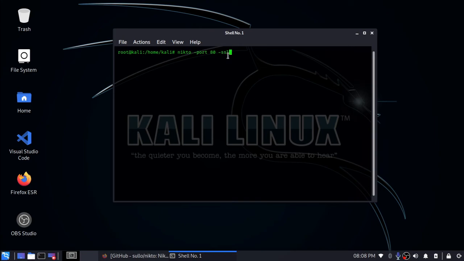This option will basically force SSL on that particular port which we are scanning, and there are a lot more options which are available. So we can use all of them to scan the website or the web server for vulnerabilities.